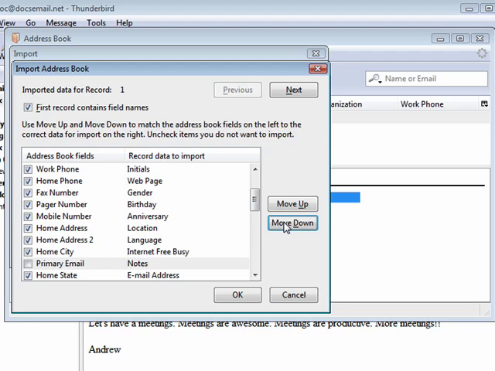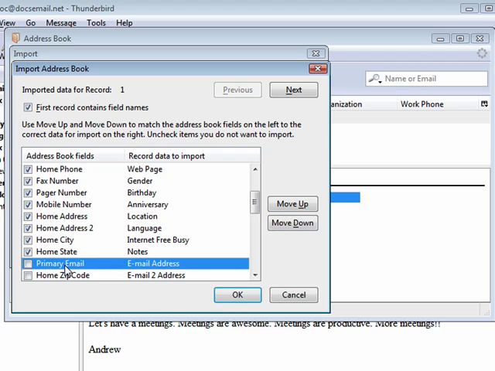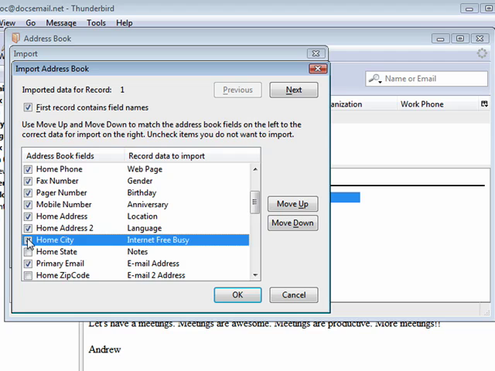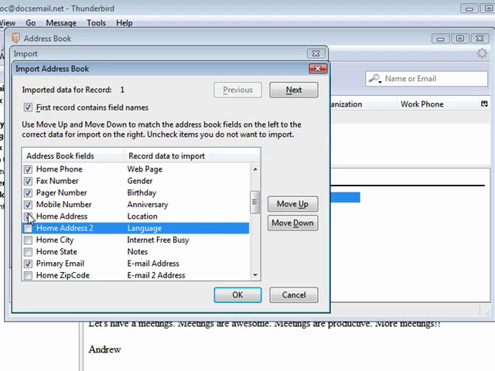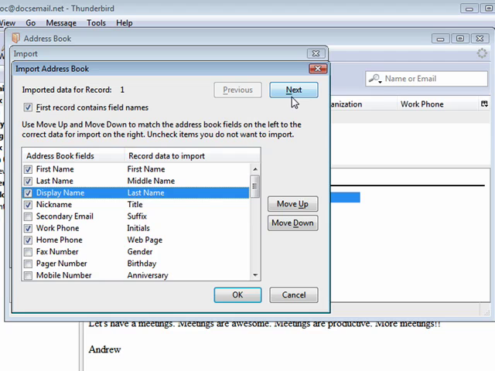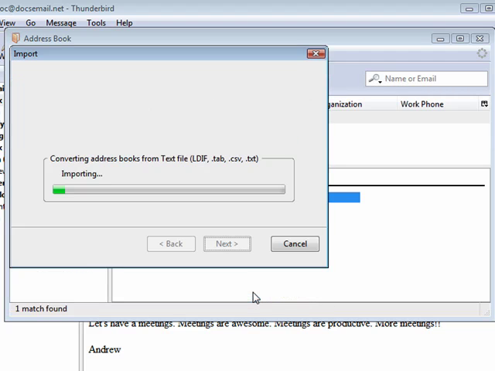And there we go with primary mail, email address. If there's things that you don't want, just uncheck them. If you're satisfied with that, you want to click OK. And an interesting thing, if for some reason you sorted out the fields wrong and it looks bad, you